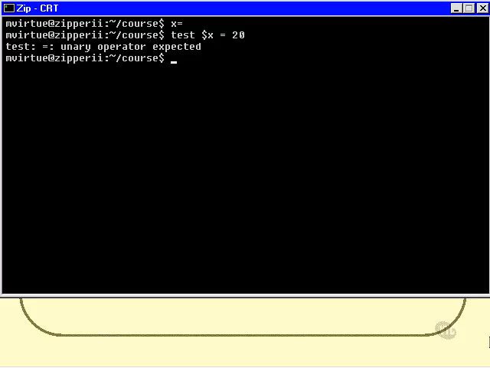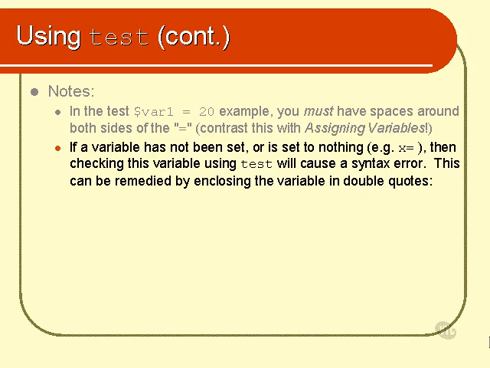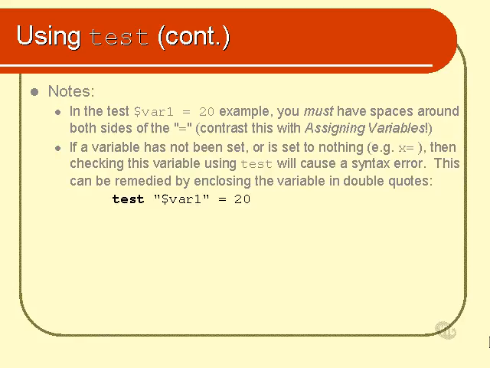We enclose the variable inside double quotes, like so. We say test and then var1, instead of var1 by itself, we put var1 surrounded by double quotes. Now, it's actually a really good idea to make this a good practice. Do this, well, all the time, unless you can absolutely guarantee that var1, or whatever variable you're using, has actually